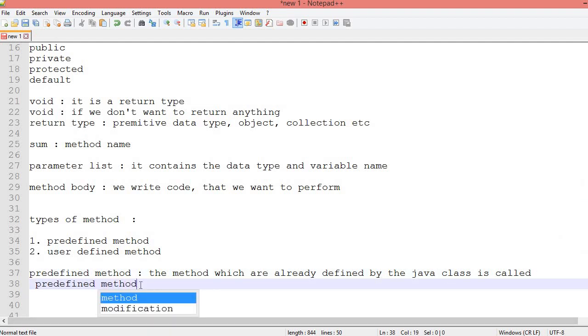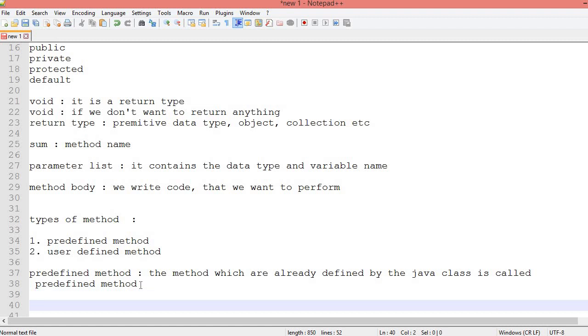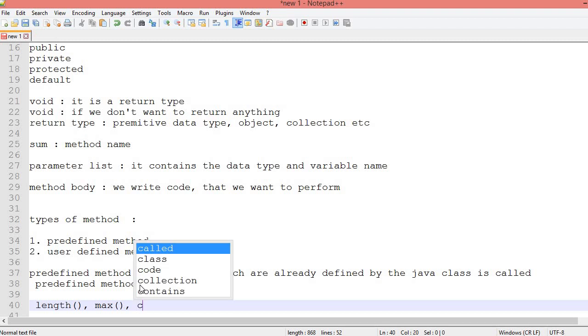Clear? Let's take examples. Examples are length, max, compareTo. Okay.